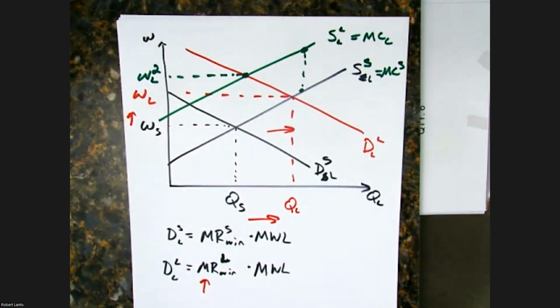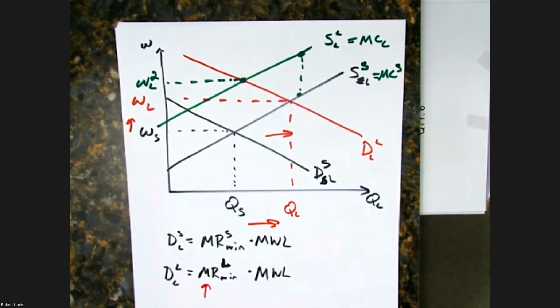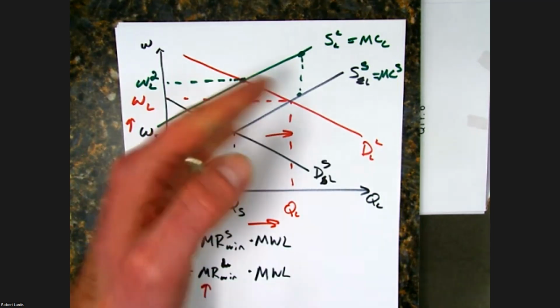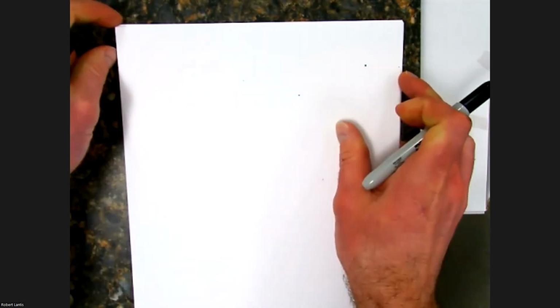In fact, before I do this, any questions on this before we keep moving? So we can have differences in the demand curve for labor between teams, small and large market, and differences in the supply curve as well, right? So I'll go through another one that is probably a little more relevant, perhaps.